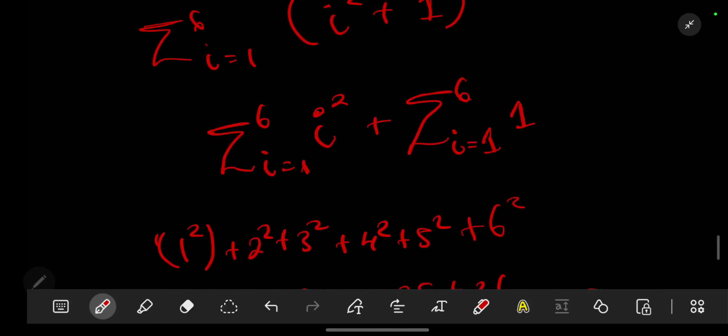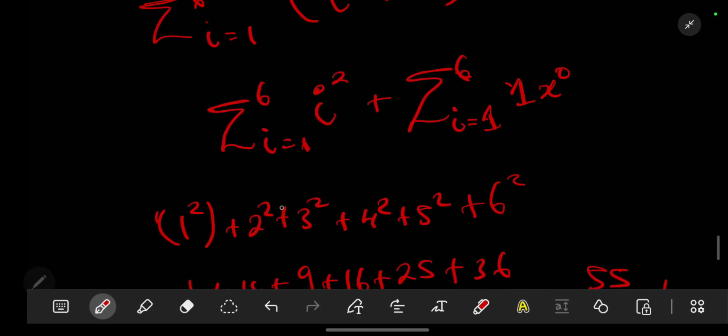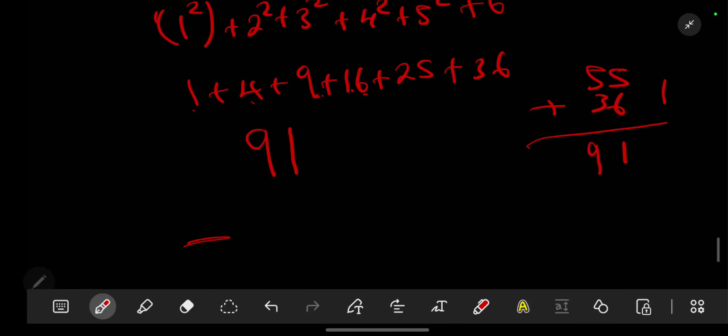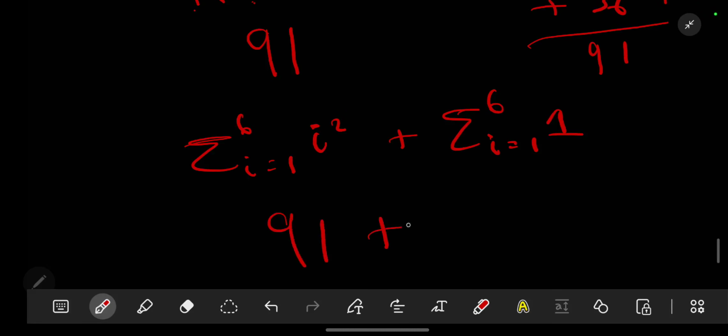Then for 1, this is the same as x to the power 0. So you are going to continue putting the 1. If you put 1 there, it will just be 1. If you put 2 until you reach 6, that will just be 1. So we are just going to multiply 6 times 1. It will be equal to 6. So we have the summation of i equal to 1 until 6 for i squared, plus the summation of i equal to 1 to 6 for 1, which will be equal to 91